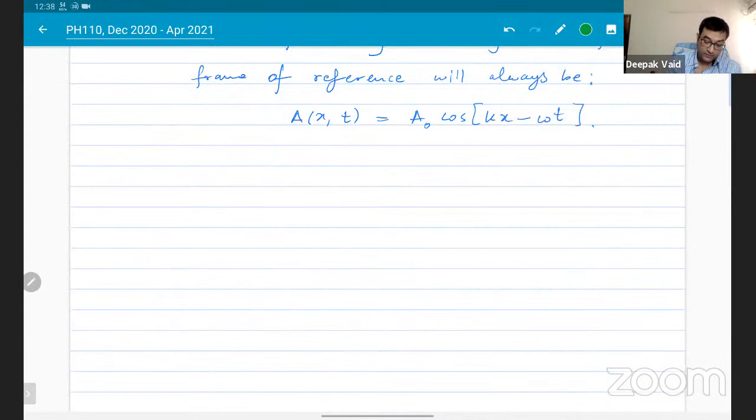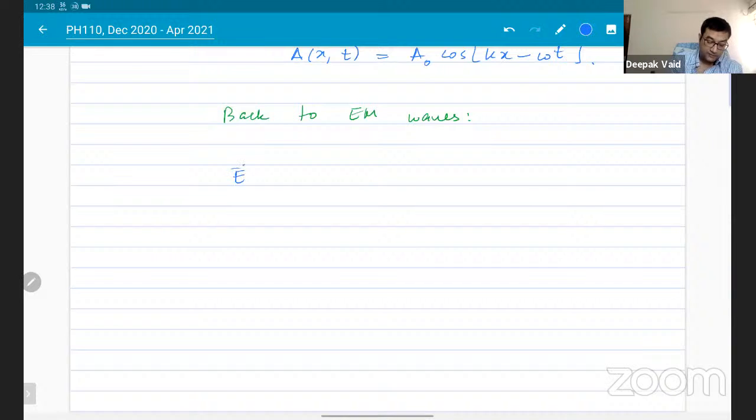Coming back to electromagnetic waves, the form of a moving electromagnetic wave, I can write like this: E naught z cosine